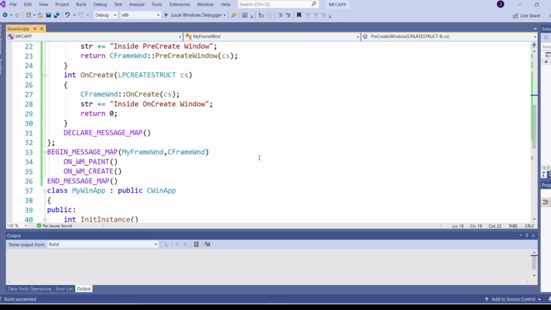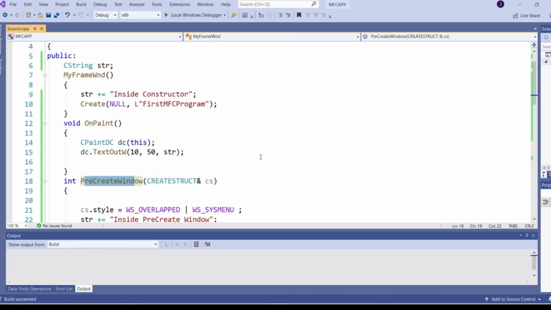So that's all about how a window is created in MFC and its calling sequence in MFC.